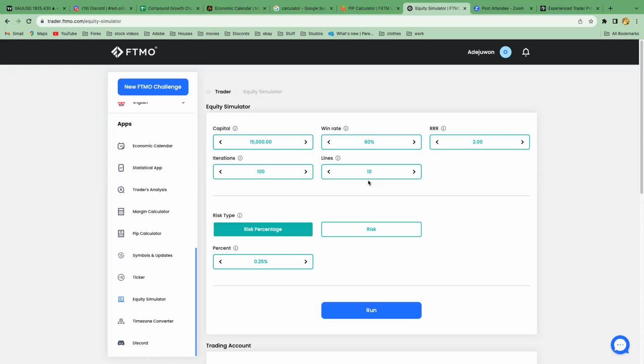Now, when we come over to risk type, you can do risk or you can do risk percentage. I always do risk percentage because I believe it's better to grow your account in percentage based terms. That way it even helps you when you've got bigger accounts not to overthink about the money you're risking on a trade. Because once you get to 1 million capital and you're risking 0.25%, if you're losing 0.25% of 1 million capital, am I correct? Let's just do it on 100,000. You're basically losing $250. So you'd be losing $2,500 if you're doing it on a $1 million account.